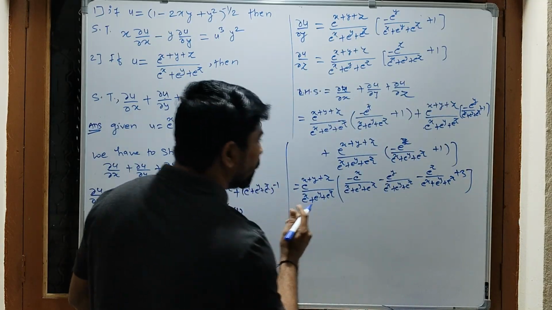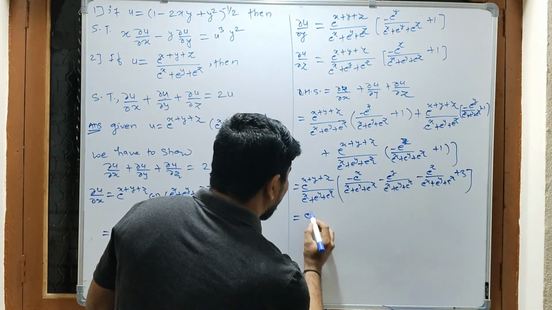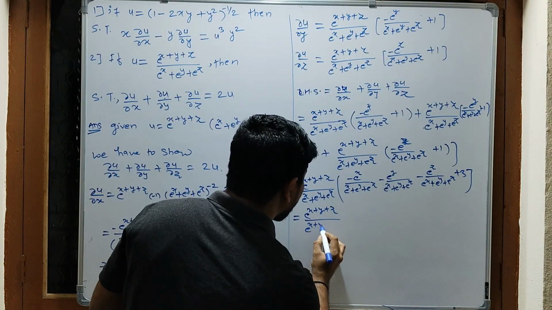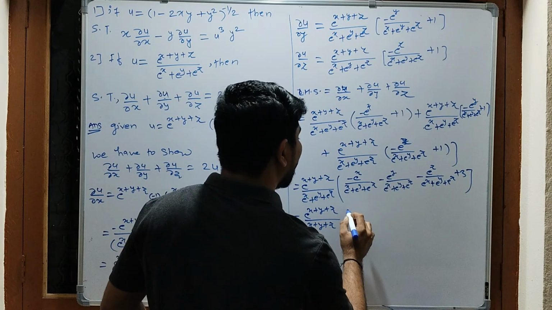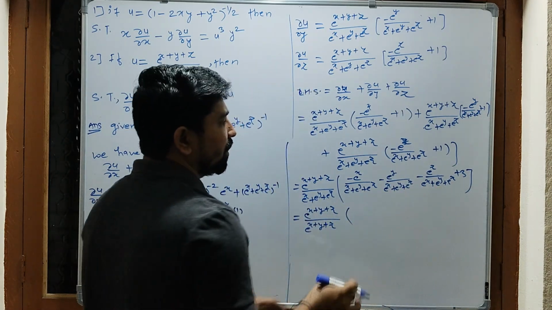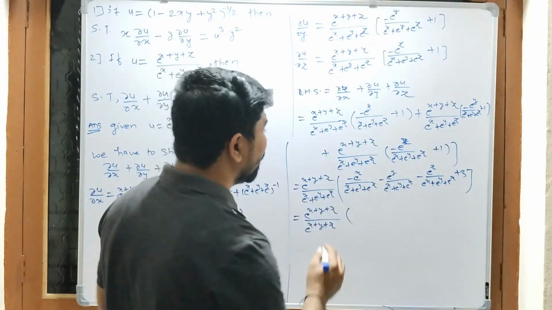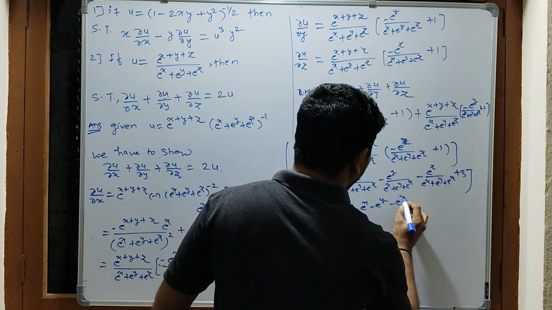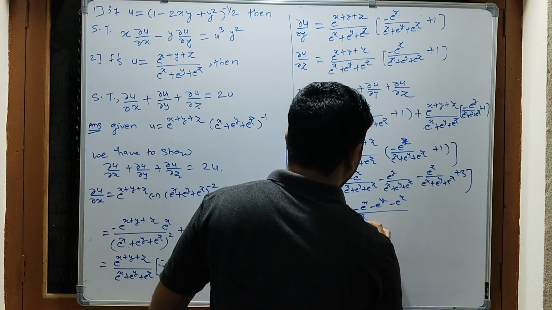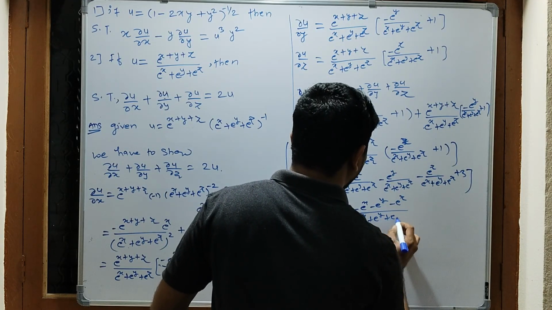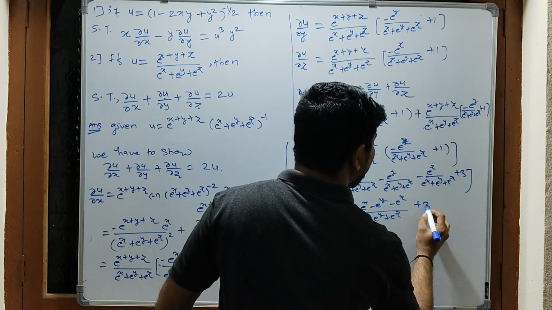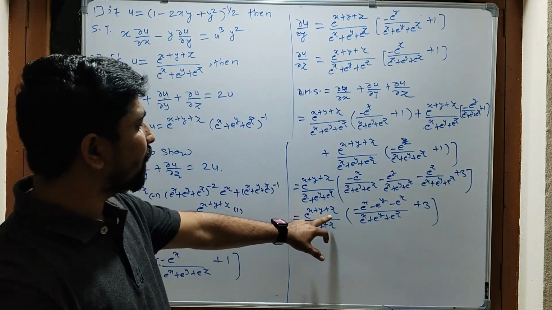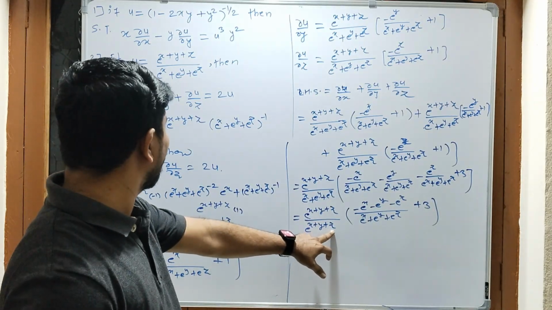Now this is equal to e to the power x plus y plus z divided by e to the power x plus y plus z. Now if the denominator is same, we can add the numerators. So here minus e to the power x minus e to the power y minus e to the power z divided by e to the power x plus e to the power y plus e to the power z, this is plus 3. Now which is equal to, just observe, e to the power x plus y plus z by e to the power x plus e to the power y plus e to the power z